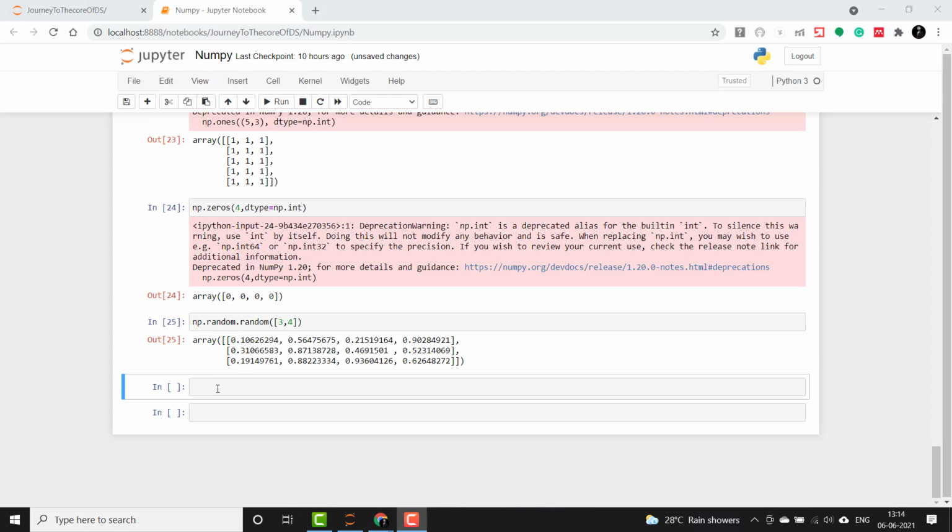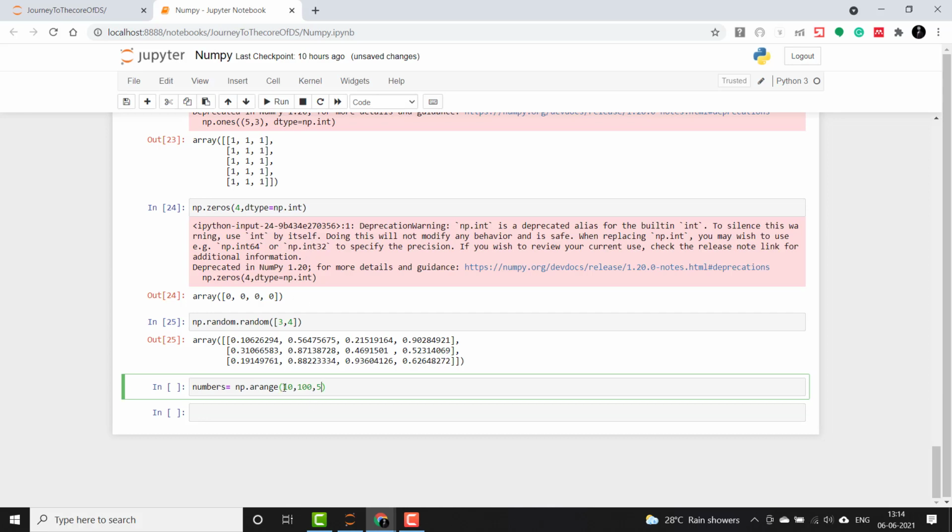Okay, now let's look at np.arange. So np.arange is nothing but an equivalent of range in Python list. Okay, so let's check out how it works. So I will give the starting point of the arange and the end point and the step size.